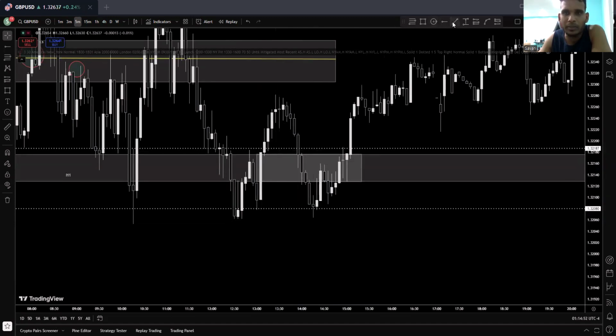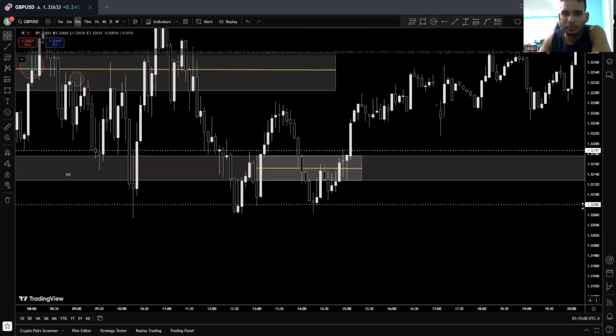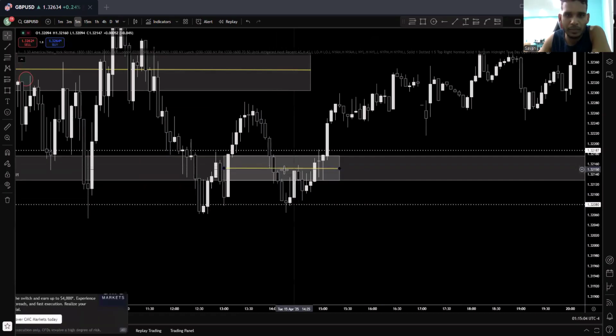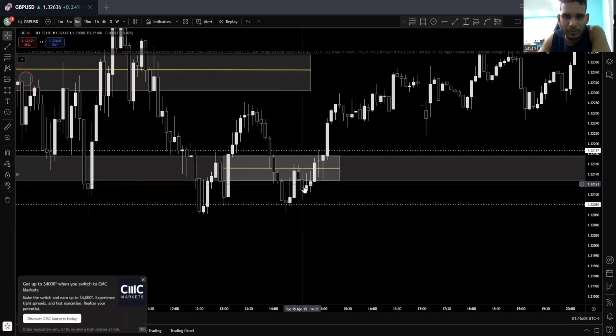So I draw my 50 percentage point inside the fair value gap. 5 minutes fair value gap. It closed below. It comes back, tested this point, exactly stopped at this point, come back, failed to break this low, instead break this high. So this is the low, this is the high, failed to make a lower low, give the structure shift inside